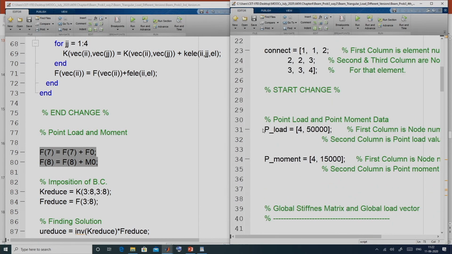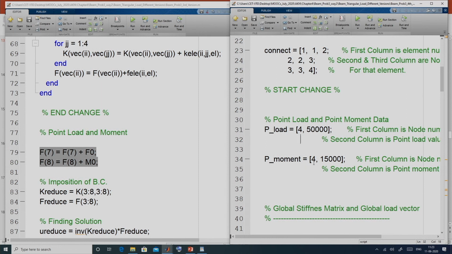One is this P load, which is a 2 column matrix, where the first column corresponds to the node number and the second column is the point load value. We take the convention, it is downward positive. Similarly, another array P moment, which is a 2 column matrix.